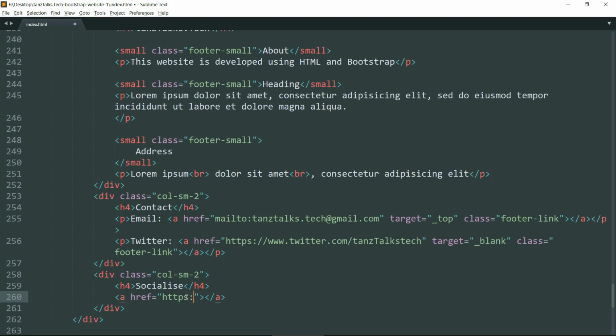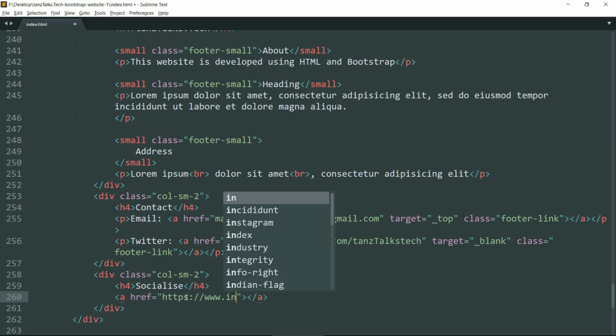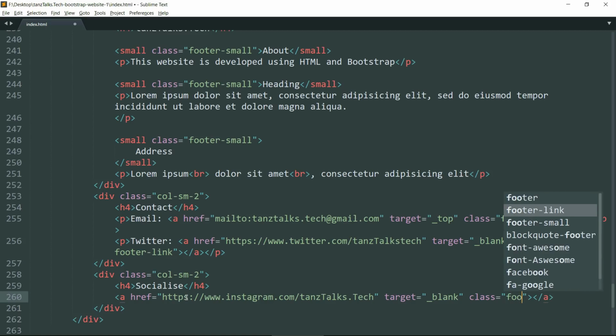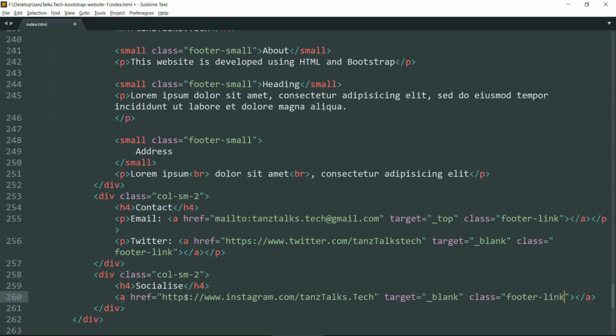Then type www.instagram.com/ and you can write the Instagram handle of your page or your personal ID. Give a space, then target underscore blank, then class as footer hyphen link.